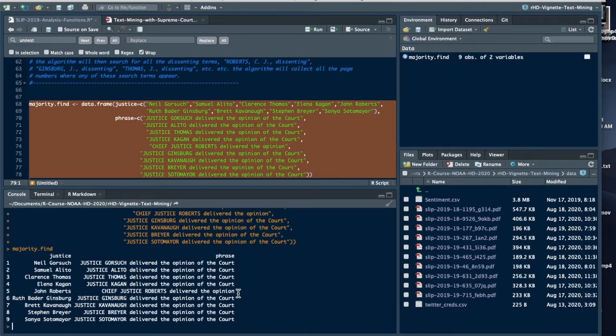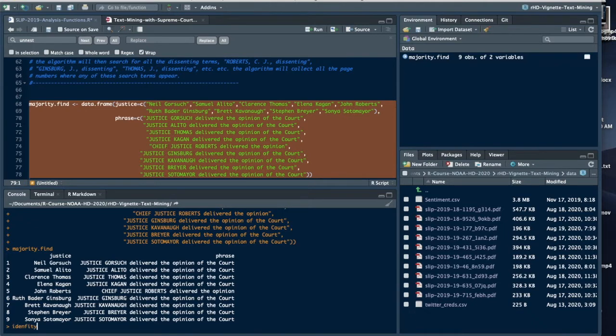You'll notice that I also have a little hack in here for Chief Justice John Roberts, because John Roberts is identified in the text of these PDFs as Chief Justice, not just Justice. That adds another word to each sentence that he's identified in. And in the case of this identifying text for delivering the opinion of the court, it means that whenever Chief Justice John Roberts wrote the majority opinion, that sentence gets split into two different lines. And so just for educational purposes here,